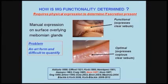So the only way at the present time anyone can tell if a meibomian gland is functional is to see if it can secrete. And in order to see if it secretes, we used to place our thumb and determine, do we have secretion when we apply pressure? And this would be optimal. This would be rather copious